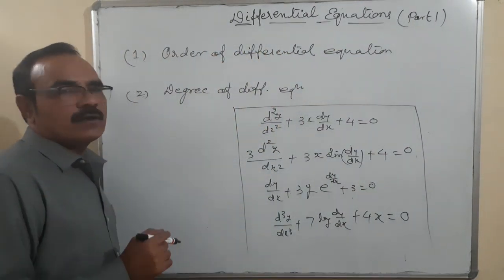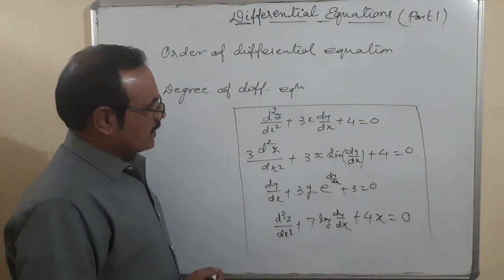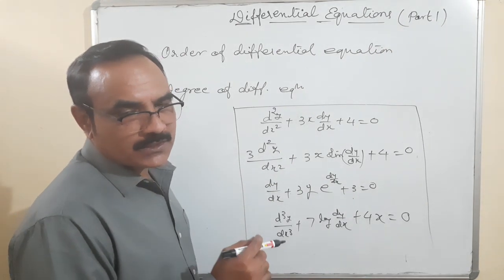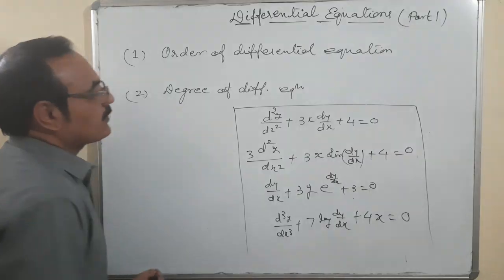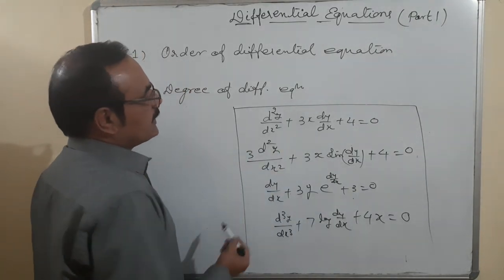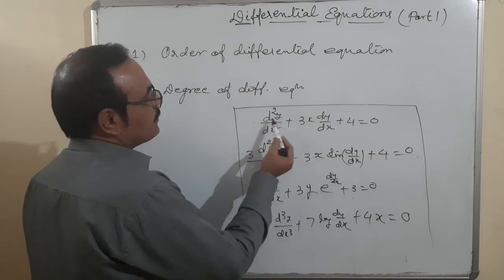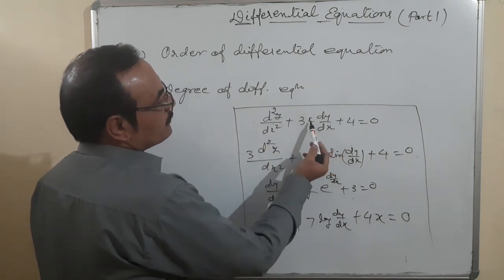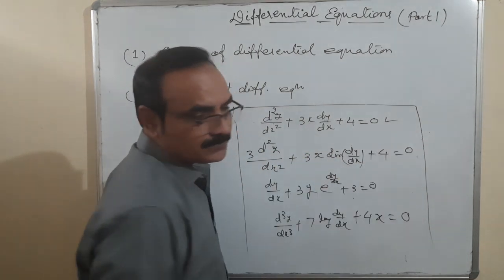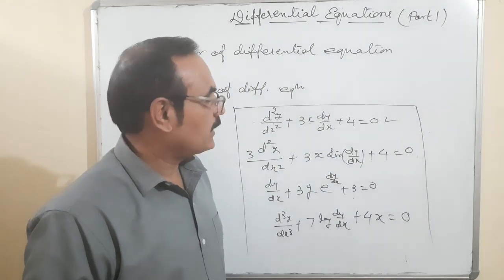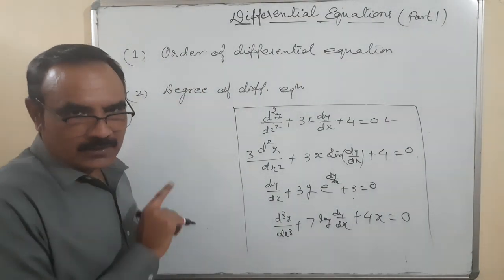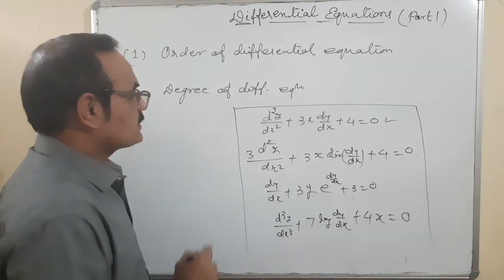Now let us check which of these 4 examples is not a polynomial type, not an equation even. The first one has a second order derivative multiplied by 1. It's a combination of derivative and variable, which can be multiplied, no problem. So this is a differential equation in the type of polynomial. Yes, it is a polynomial.